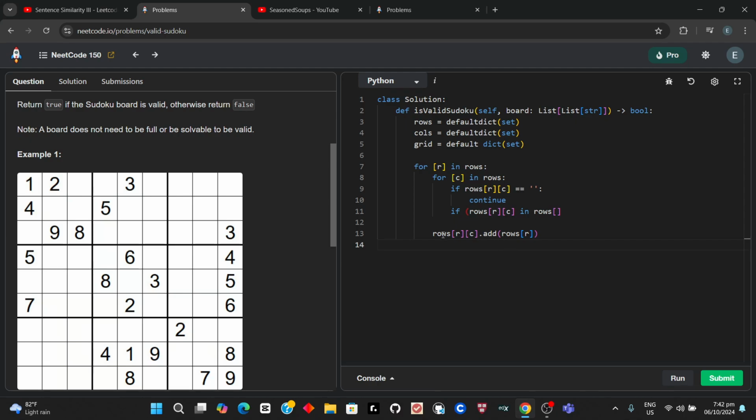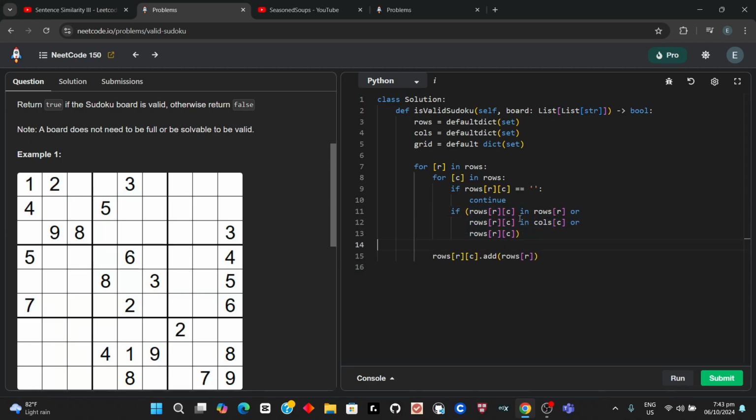So this is the code, I think, but it might be wrong. But that's my initial knowledge. We can check if it's wrong. I don't mind if it's wrong or not. And then we're going to say or rows R C, and also that it's cleaner rather than confusing. This or rows R C and cols C. I'm also going to say or the rows inside of, or